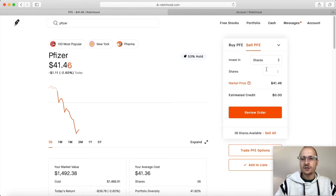I'll go ahead and select shares, and then it will tell me how many shares I have. Here you can see them right down here. I got 36 shares, and Pfizer makes up 42% of my total portfolio. So if I want to sell, let's say 2 shares, this is what I would get, and I will click on review order